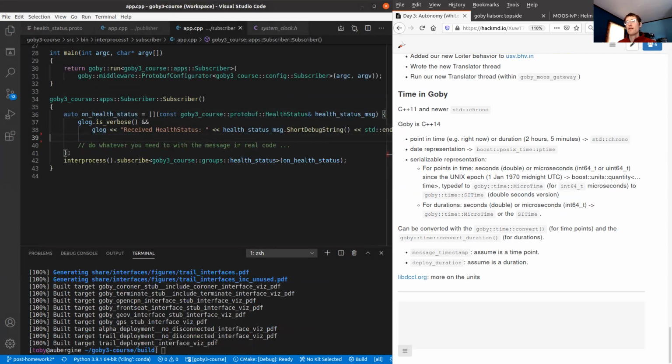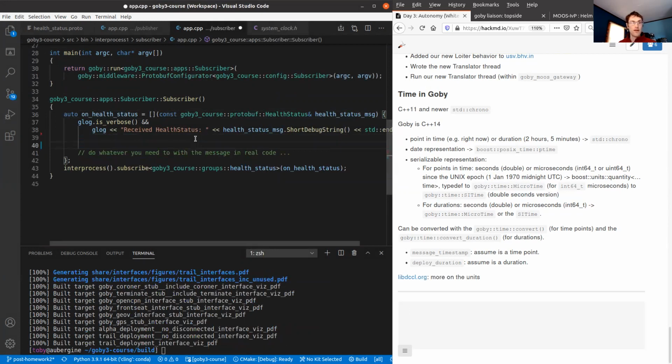Say we want to get the date out of this timestamp, we can call convert on the health status message timestamp to a boost POSIX time, a p time.